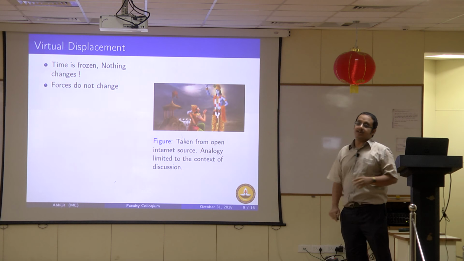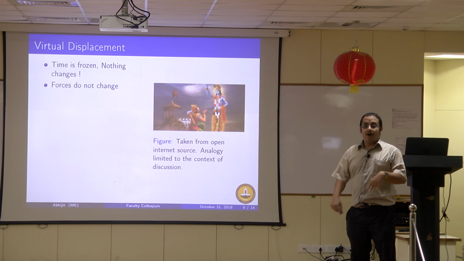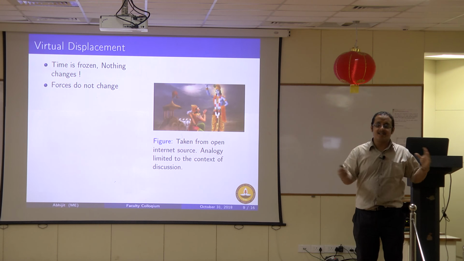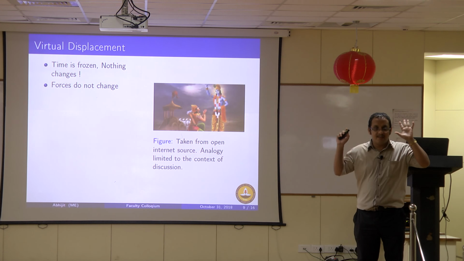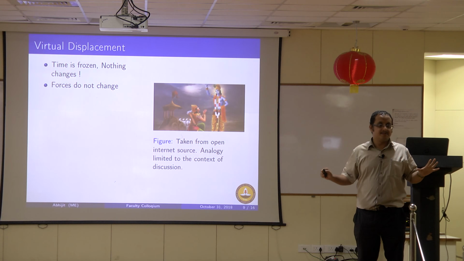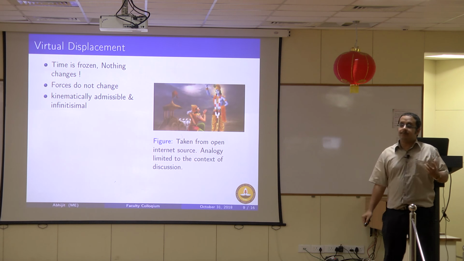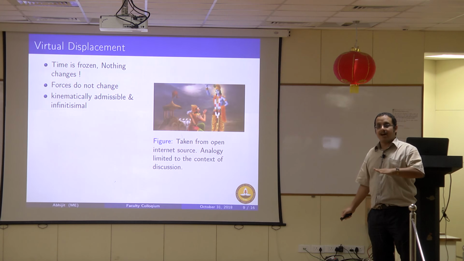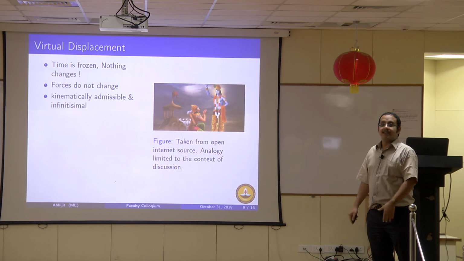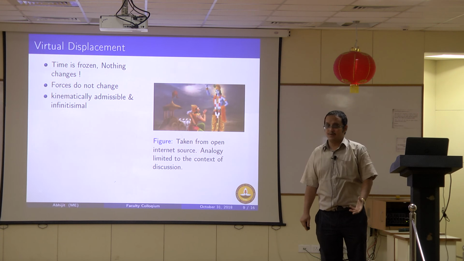That's virtual displacement. That's the most important characteristic of virtual displacement. Because time is frozen, all the forces that are there, whether constraint forces, action, reaction, whatever you call them, are held fixed. They do not change. This also cannot happen for real displacements, which is why you cannot measure them. They must be kinematically admissible. That means Arjun keeps on the ground. He doesn't go dig a hole and go inside. Similarly, he doesn't fly off from the ground. His constraint is he has to stay on the ground.